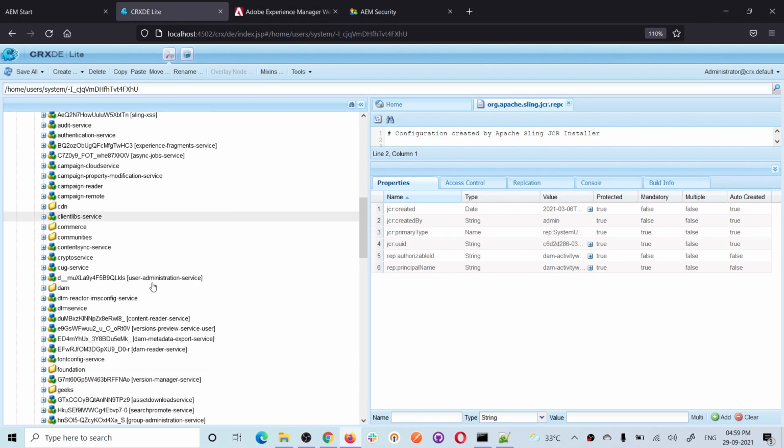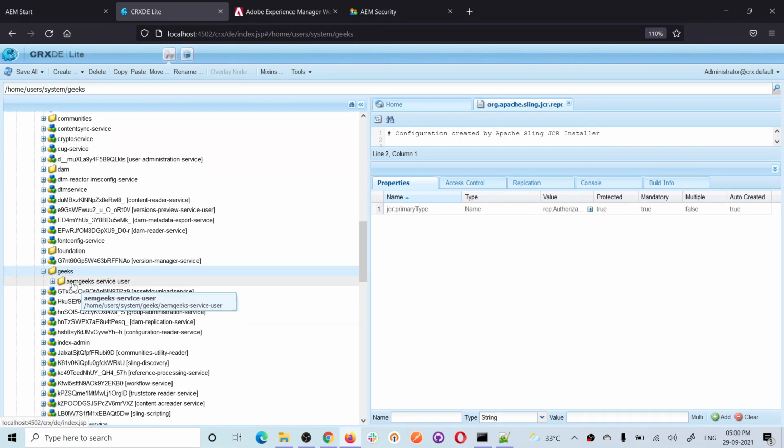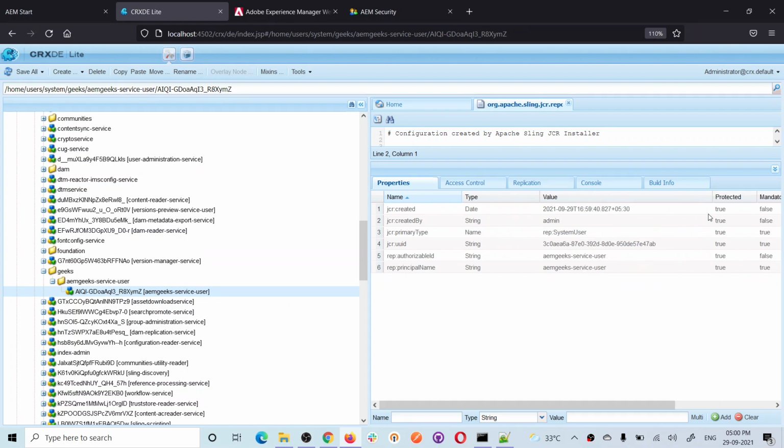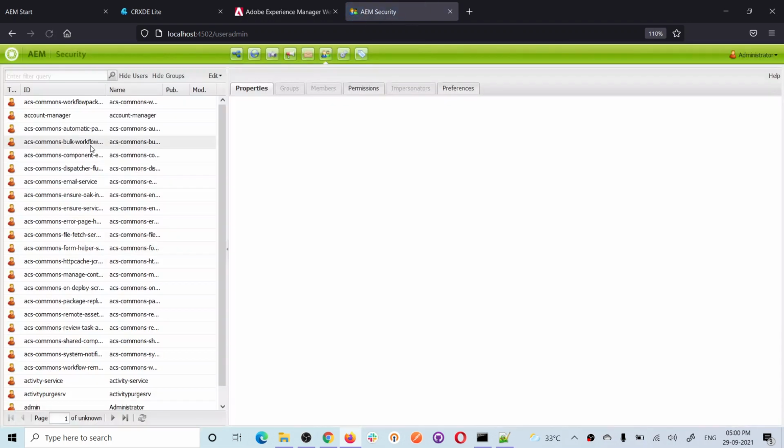as I save it and refresh it, you see a folder created, geeks, and then the service user, and this is the user. Even you see this name, see the authorizable ID is AEM-service-user. You can even verify it in the console as well. So let me refresh this once, and if I search for AEM Geeks-service,